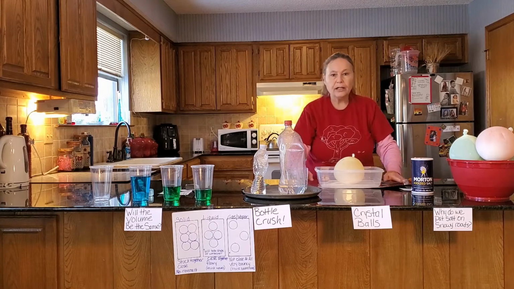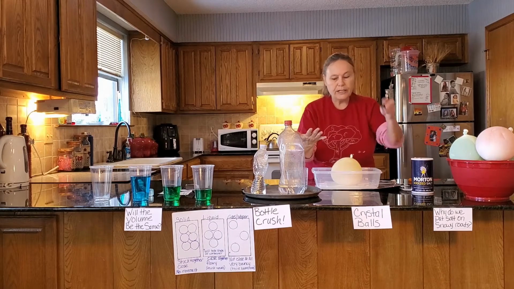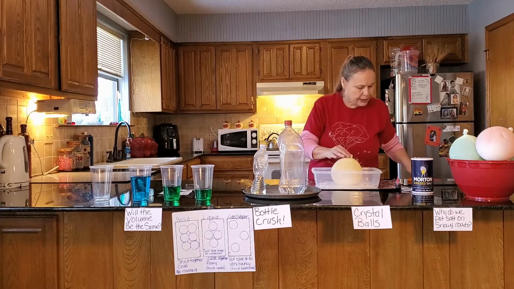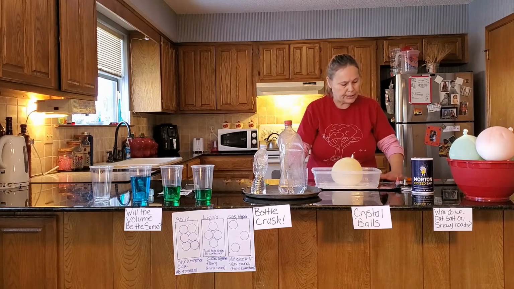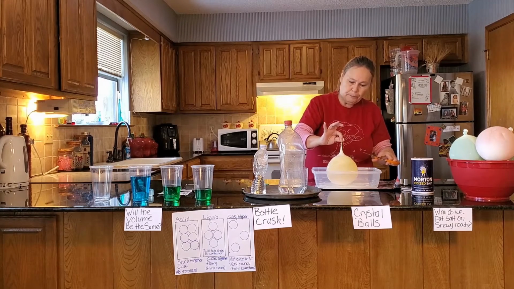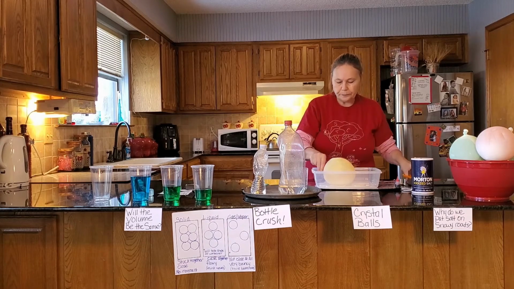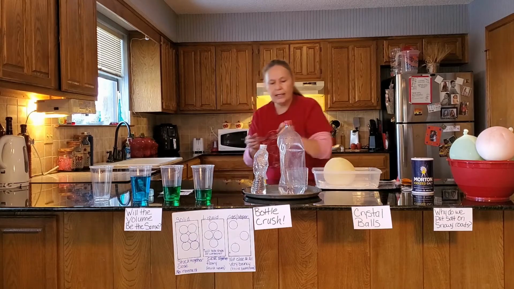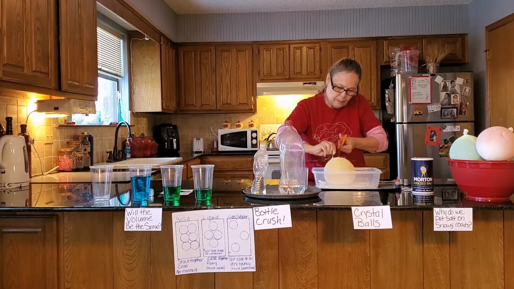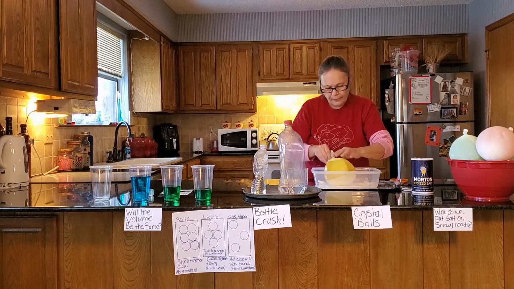Now I have a piece of foil under here just so we don't get anything wet. And remember, this is food color, so it will stay in your fingers and stuff. We don't want it to stay on the counter or anything, so we're going to put it in the container and some foil underneath it. And I'm simply going to pull this part up where you tied it. So I'm going to cut it off right here. And I'm going to get my glasses on, friends, because I need to see what I'm doing. Then I'm going to pull it up and I'm just going to cut. There we go. And tear. We're going to see.